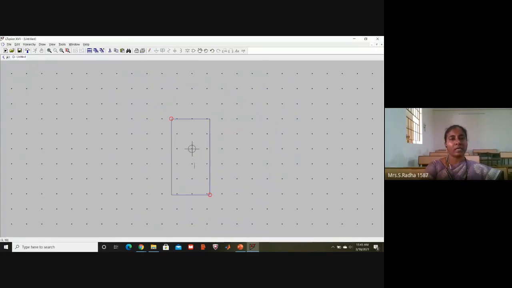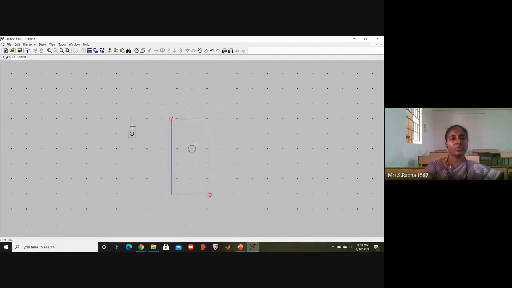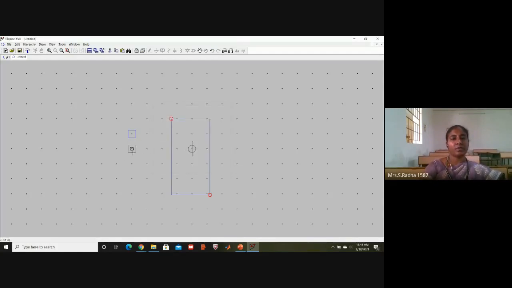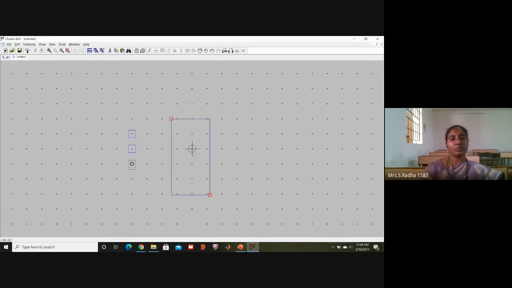I have drawn a square. Now from the keyboard you press P, and what are the names we have used? J is the first input. So as it is, you have to give it for the pin. Only then it will relate to the schematic. Again P from the keyboard. You take CLK caps we have used. So the second one is CLK. You have to remember the second pin is CLK. Again P from the keyboard, and K is the next input. So 3 inputs are there: J, clock and K.